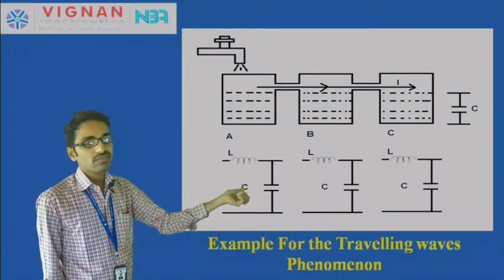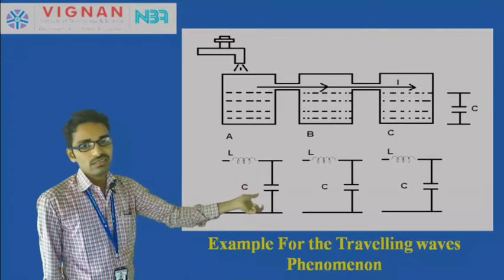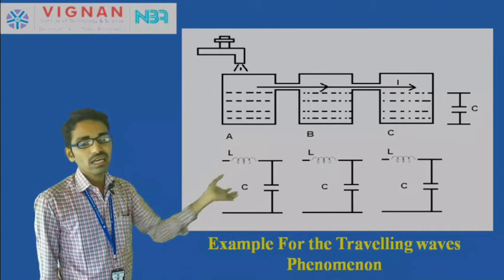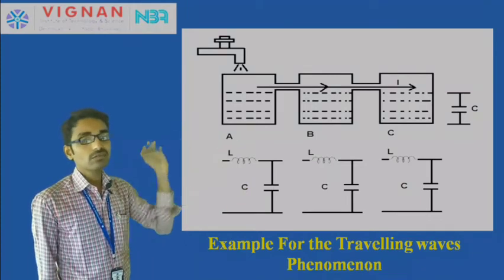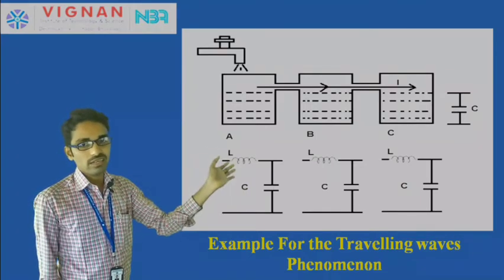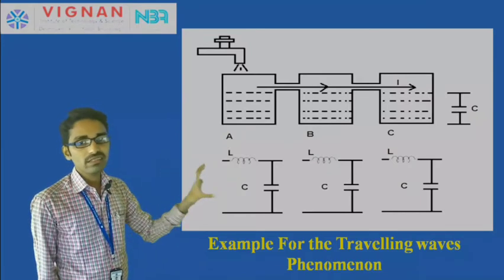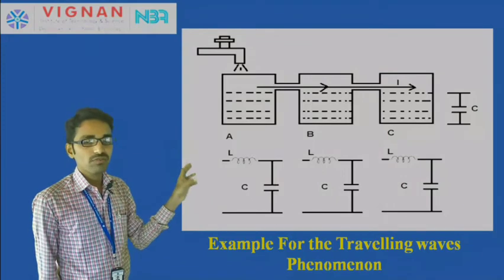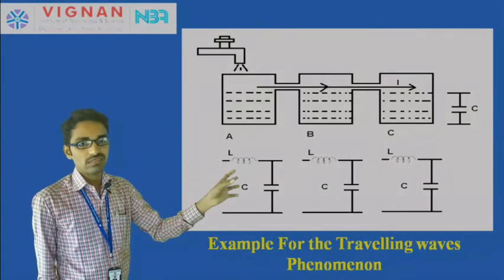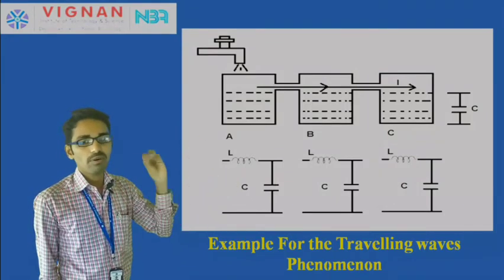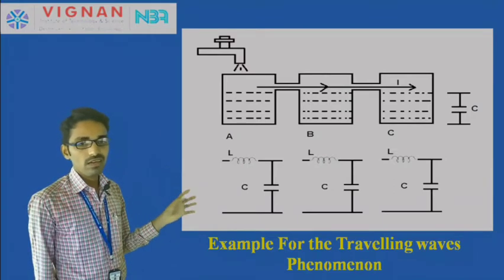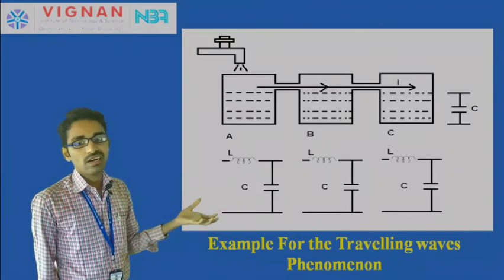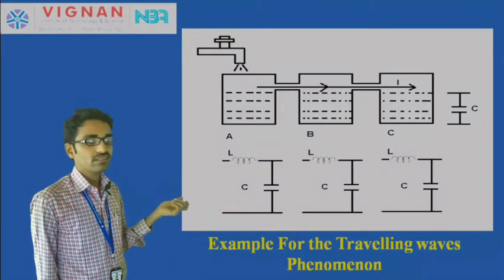After the charging of C2, the next section, L3 and C3, and the next section, L4 and C4, are charged continuously up to the receiving end. In the same way as the water flows through different chambers which have the upper portion open, the electrical charge moves on the transmission line, that is voltage and currents.